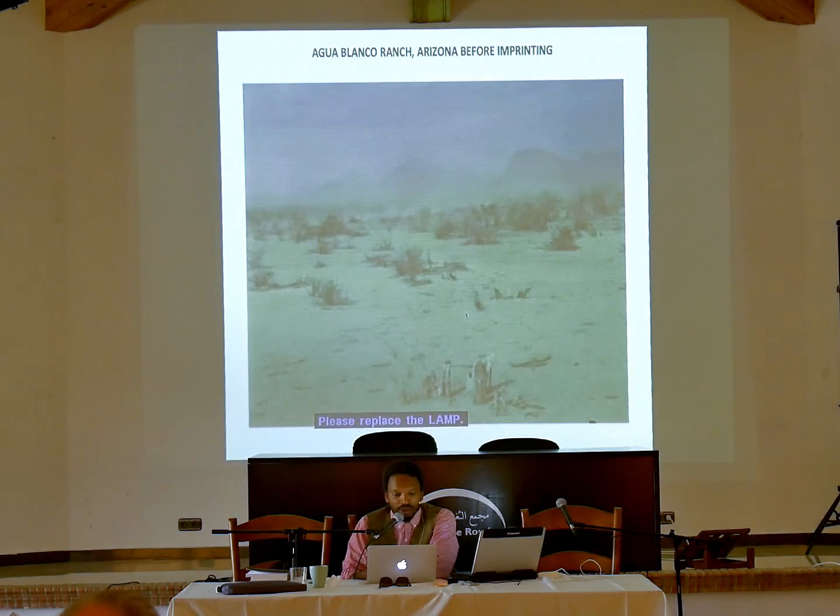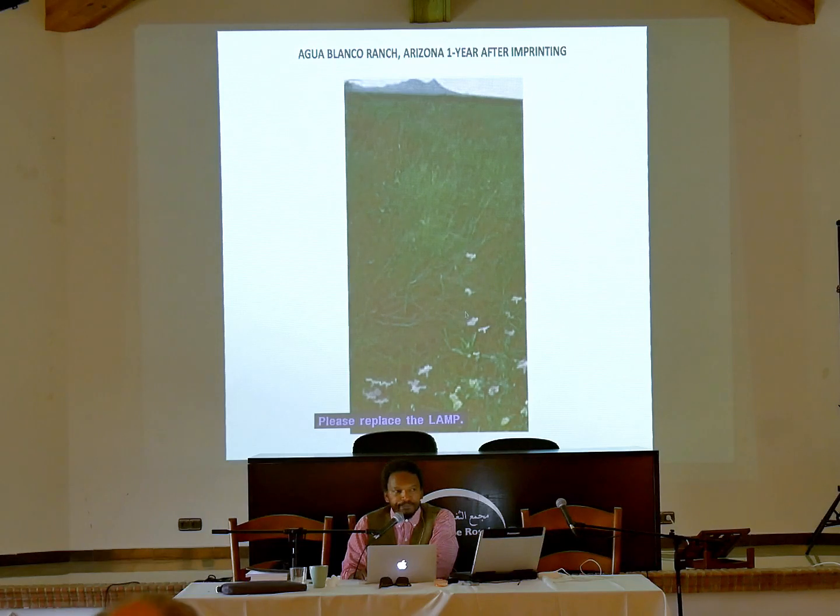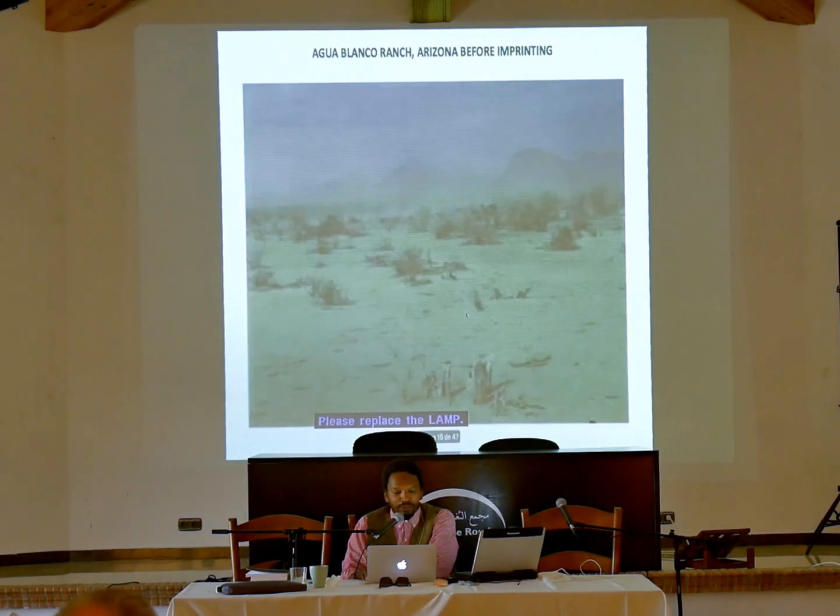So this is a place called Agua Blanco Ranch, Arizona. This is before imprinting. You can see it looks pretty bare. It looks pretty rough. That's before, during, and you can see all the features. After, that's 1 year. Same season? So go back and see again. Slower, please. Yep. So before,